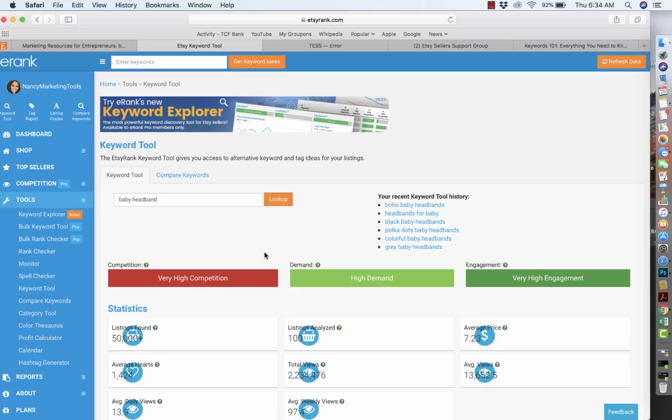Versus if you're selling, for instance, baby headbands, now you're competing with such a large market that you have to make sure that your store checks every single thing I talked about to make your store better than everyone else. And on top of that, I recommend, if you're using keywords that are oversaturated and a lot of people are using, I recommend running ads because that's going to boost your visibility. It's going to get more impressions. It's going to get more eyes to your shop. However, keep in mind that just because you get more eyes and more impressions doesn't necessarily equate more sales,